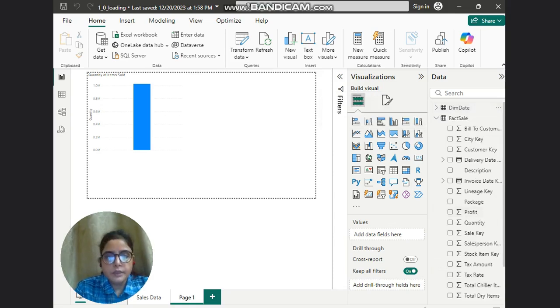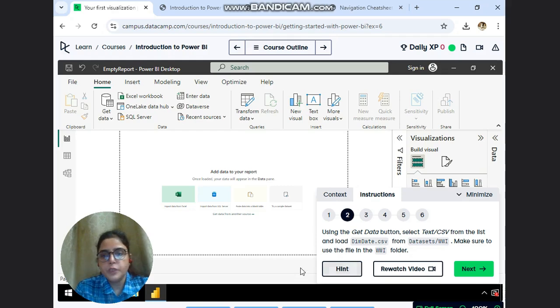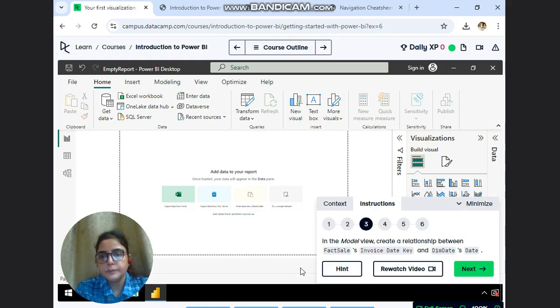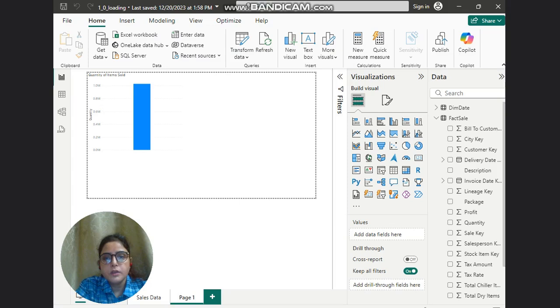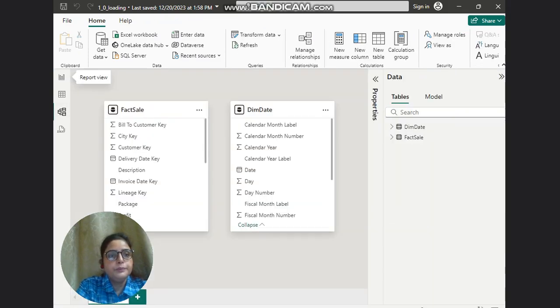Now read the next instruction, what they are saying. In the model view, create a relationship between fact sale invoice date key and dim date. So we will create the relation. So go to the model view, and what was that?